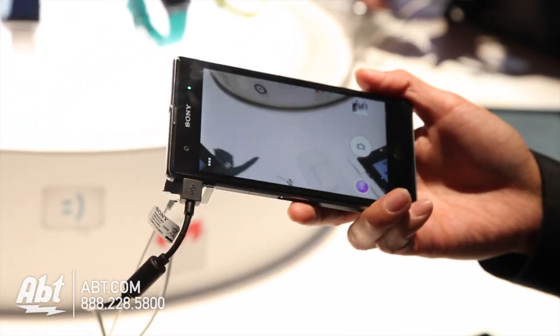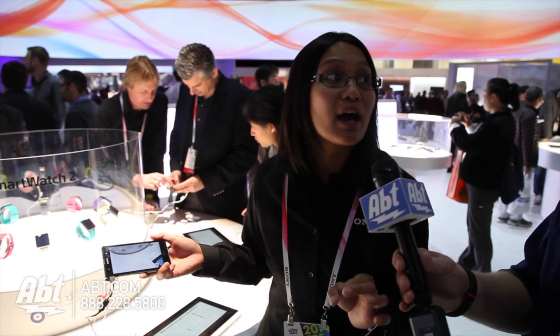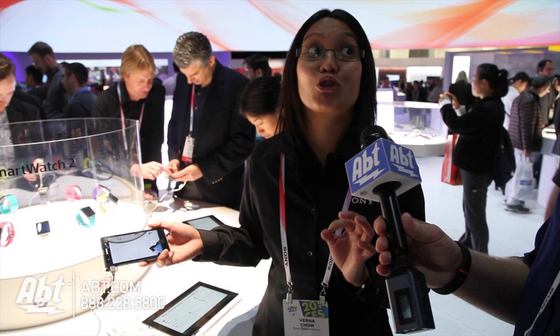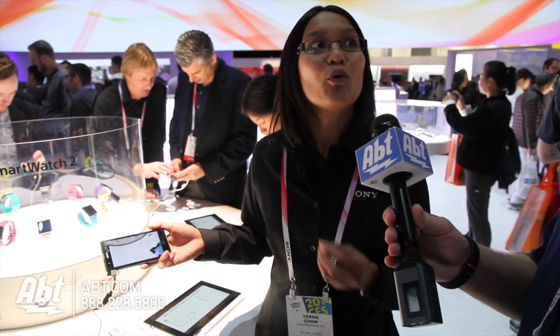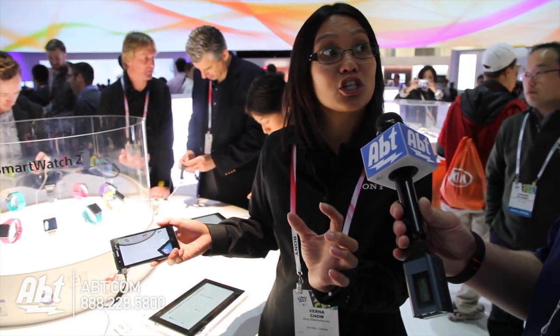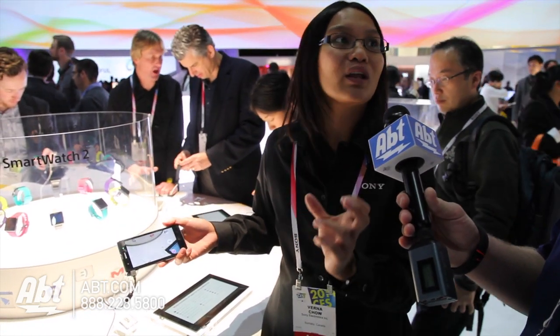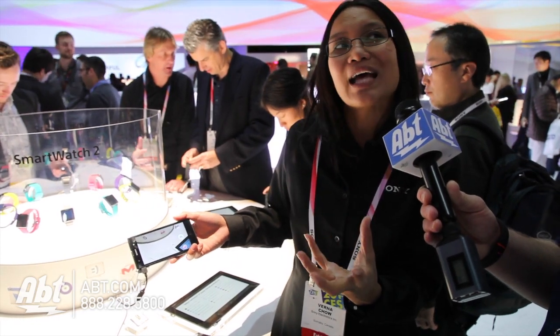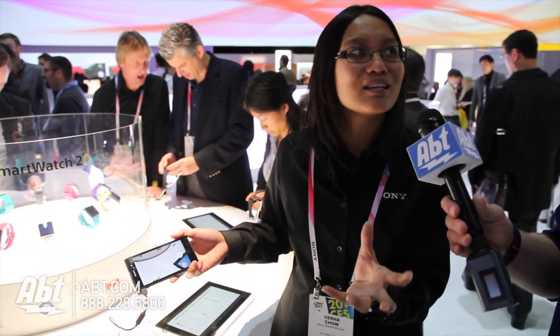The other thing is that the camera itself has amazing features. So things like the sensor size is 3 times as large as sensor sizes on most cameras, which means we capture 3 times as much information. So when you're looking at a photograph, instead of having to zoom in and lose information when you're going pixelated, you can actually capture the same amount of information even though you're zooming in. So it's not exactly optical zoom, but it